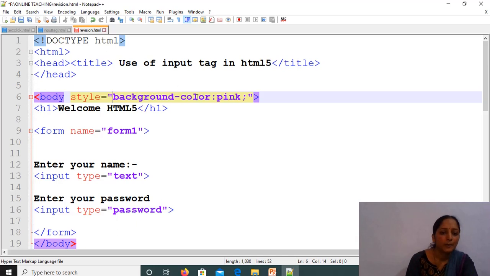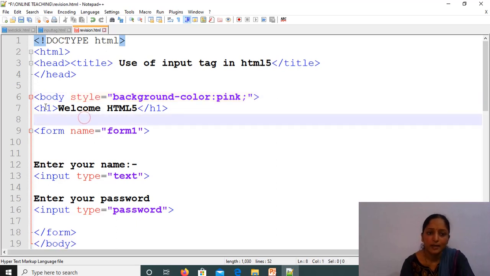Now this background-color is called the property, and pink is the value of that property, and the colon here is the syntax of the style attribute. Don't use equal to here, because for CSS we have to follow this syntax.